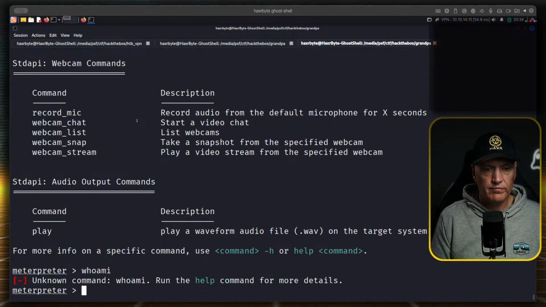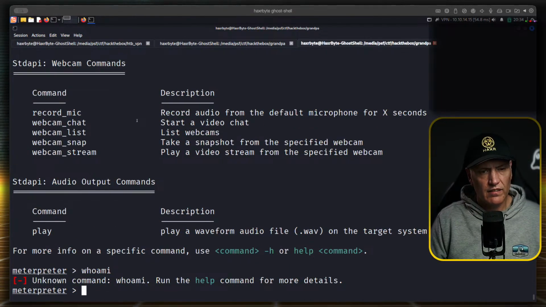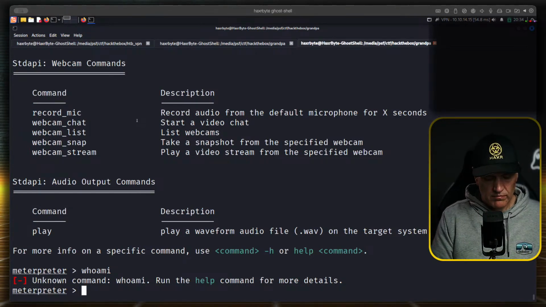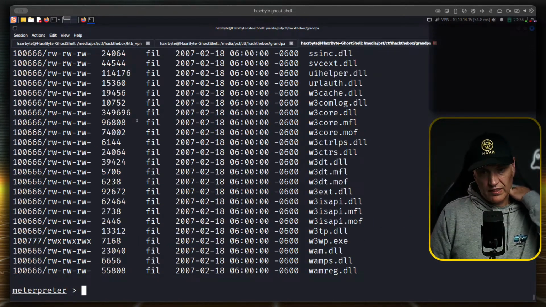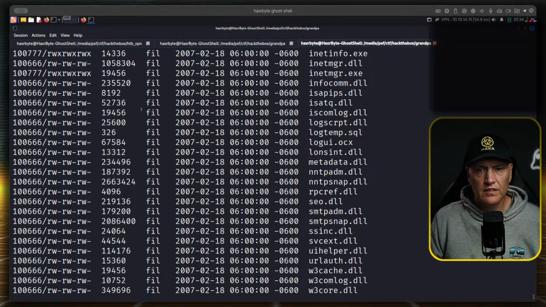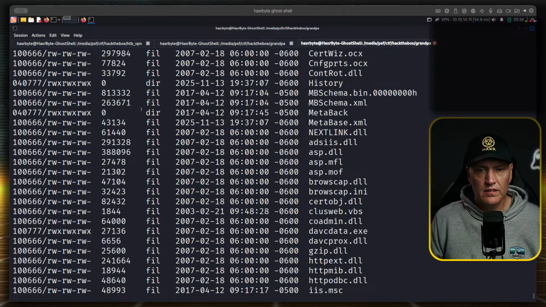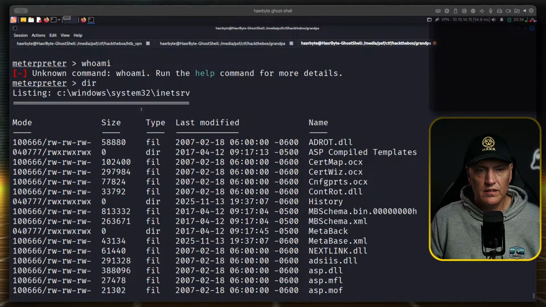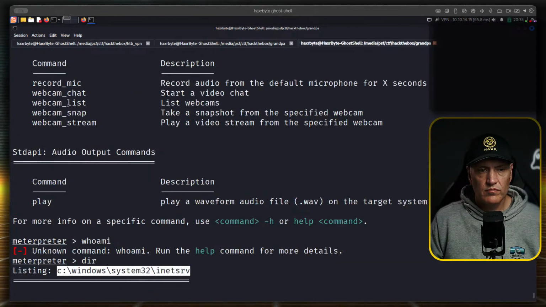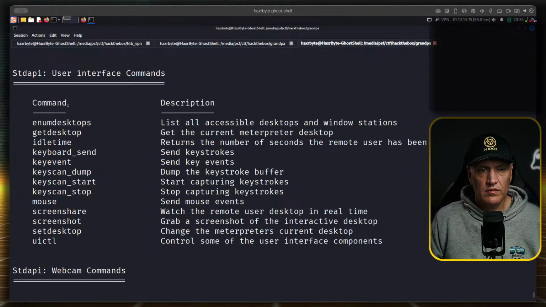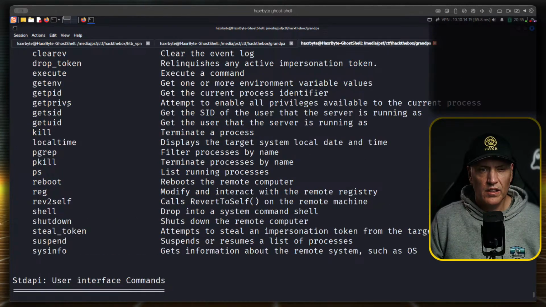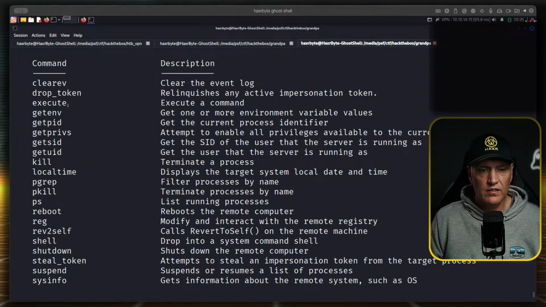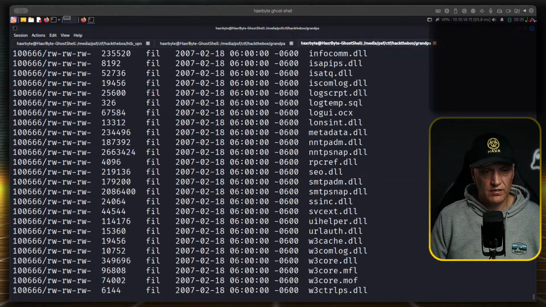Who am I? There. Okay, that works. Okay, we're in as the internet server. Can't be that easy, right? Can't just run sysinfo.